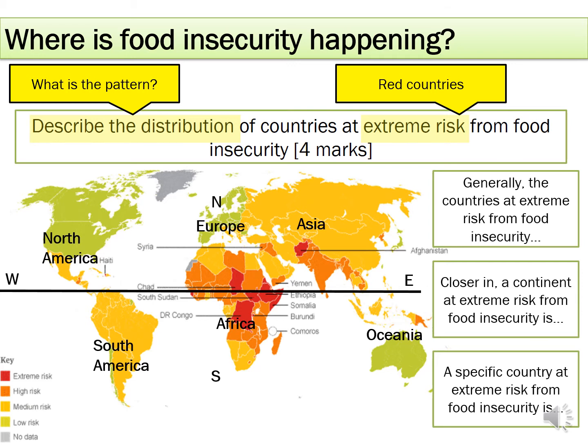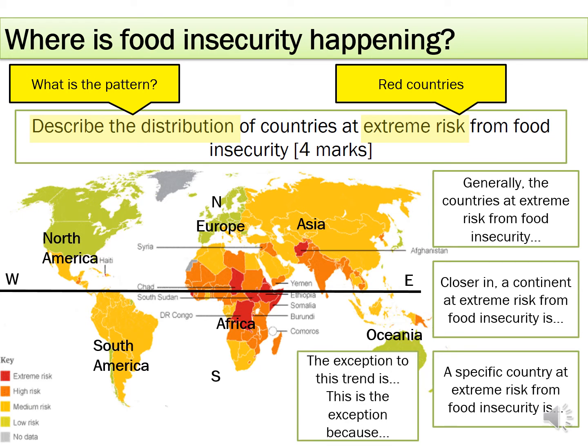So you just pick one of those which are at extreme risk. And then the exception to the trend. So we have said generally all of the countries at extreme food risk from food insecurity are where? Is there something that goes against this trend? So for example, if we said that the countries at extreme risk from food insecurity are in the south, we would then argue that the exception might be Oceania because Oceania is in the south, but it has a low